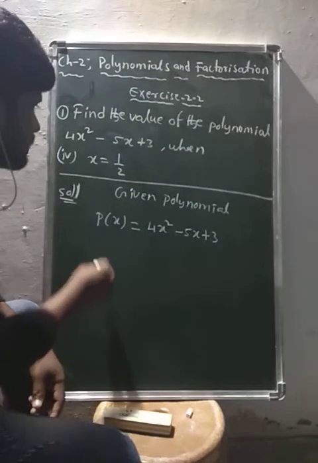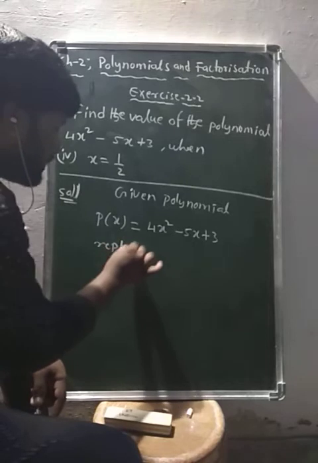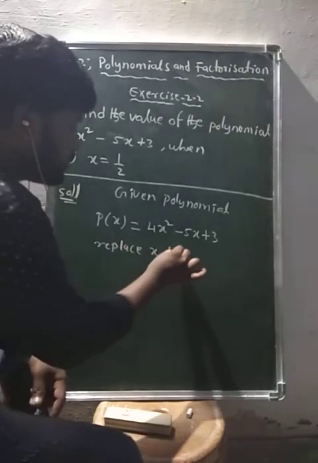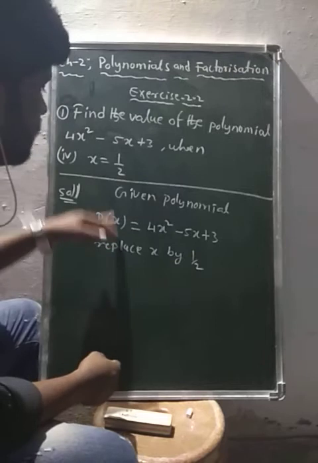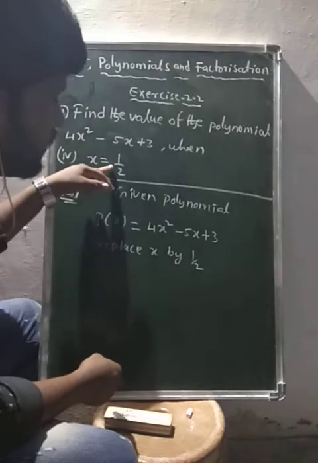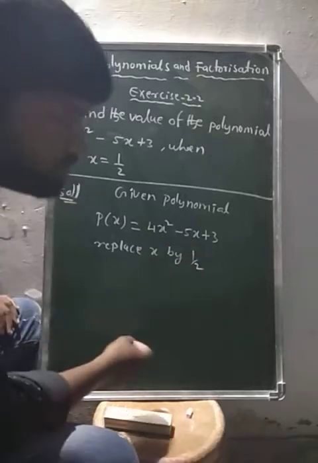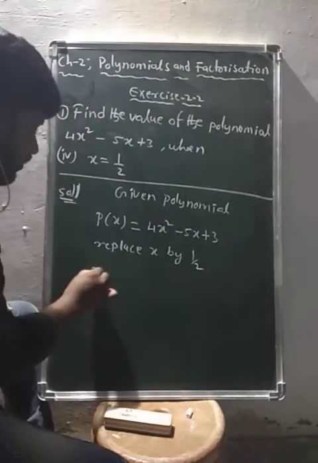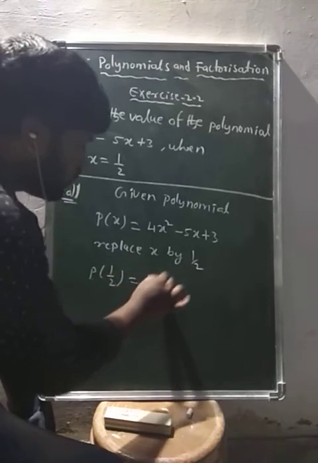Now replace x by 1 by 2. In the place of x we should substitute 1 by 2. Then what happens? The value of the polynomial becomes, so p of 1 by 2 is equal to 4 of